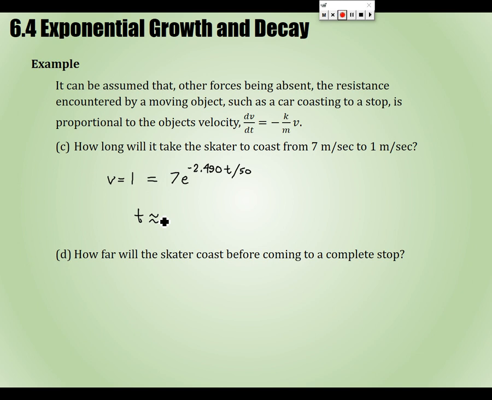You get the same thing? Ideally you wouldn't use negative 2.490 here. You'd use negative 50 ln 6.66 over 7, or store that as K in your calculator. You've been there, you've done that, you've had this conversation with a math teacher at one point, if not me. Right? Using a stored